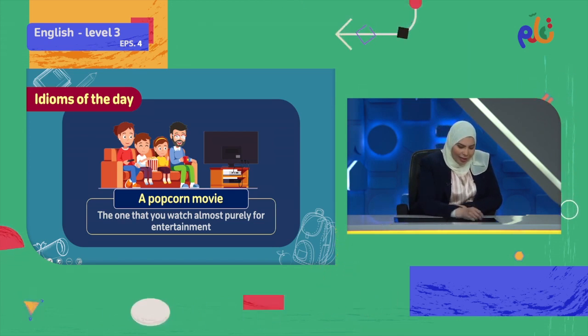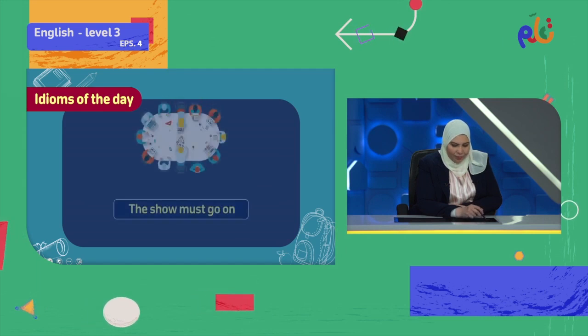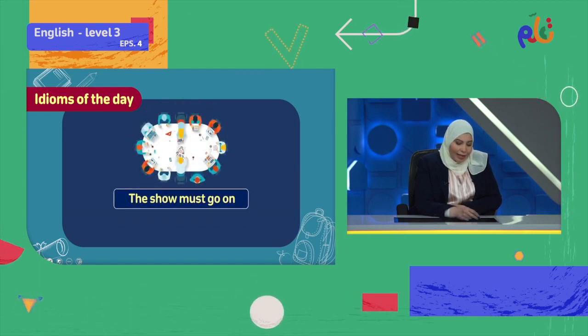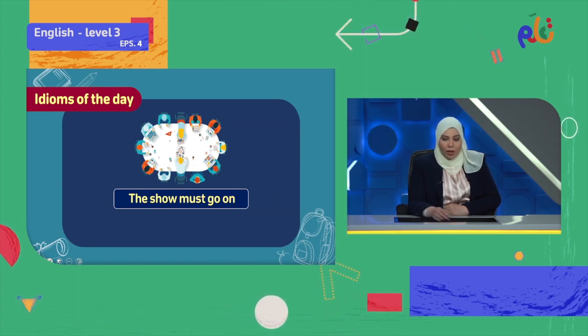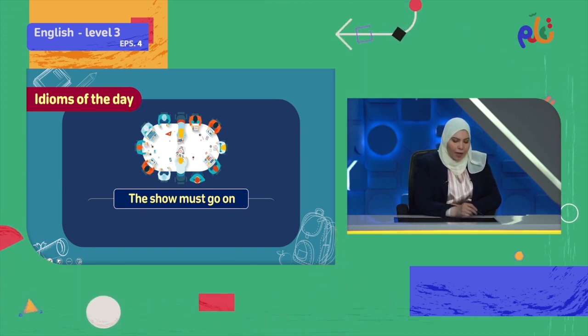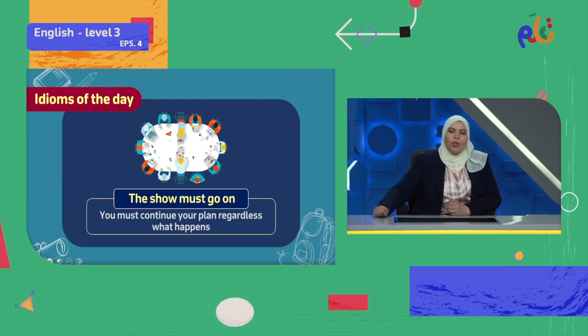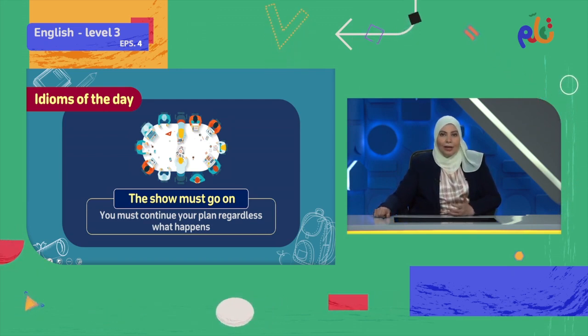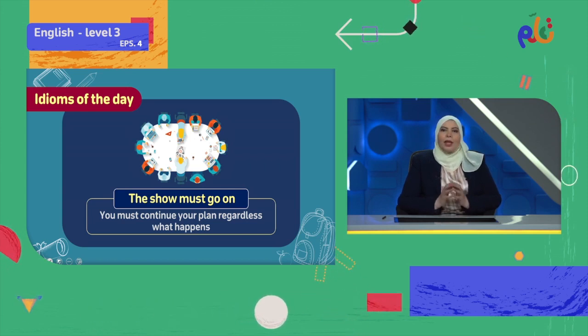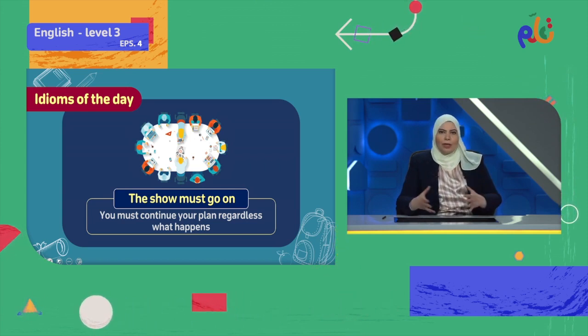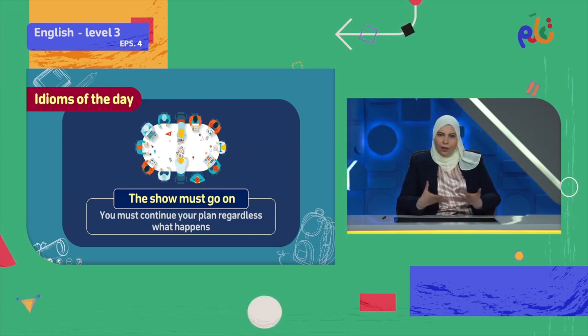Let's look at our second idiom. The second idiom that we have is called the show must go on. The show must go on. The meaning of this, you must continue your plan regardless what happens or regardless the problems. This expression, the show, like a play or a film, must go on, which means whatever we have planned,